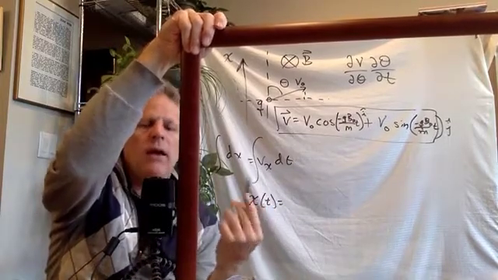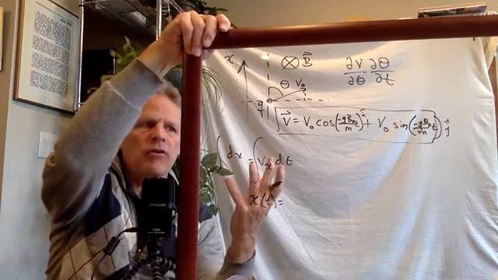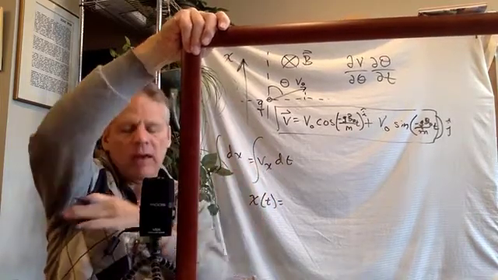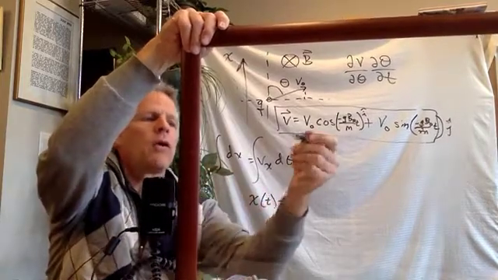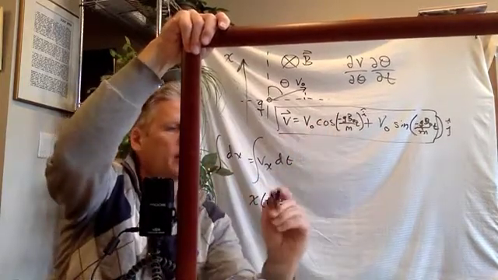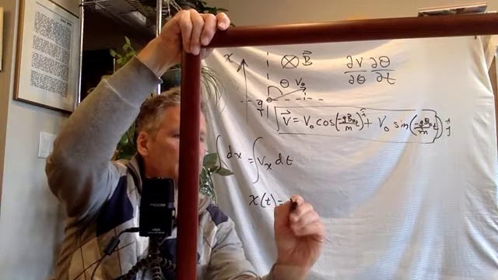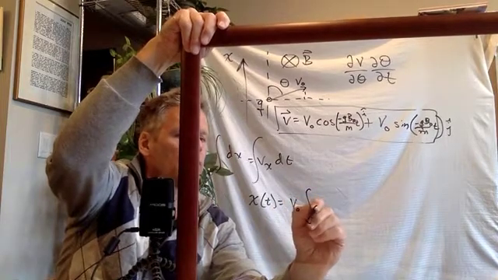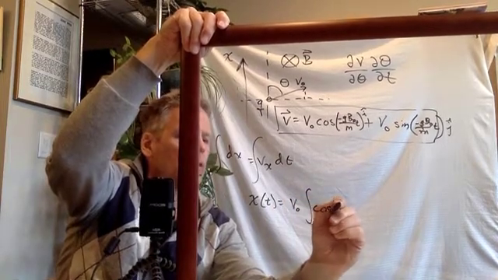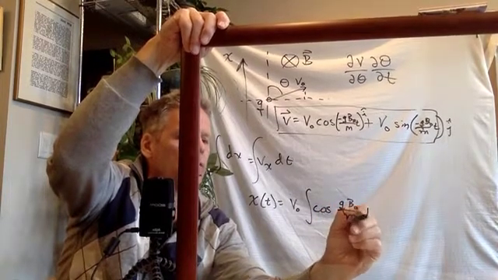Why can I do that? I can do that because cosine is an even function. So the cosine of a negative angle is equal to the cosine of that positive angle. So I can just ignore the minus sign right there. So what do I have? I have x of t equals v0, which is a constant, integral of cosine of q b0 over m t